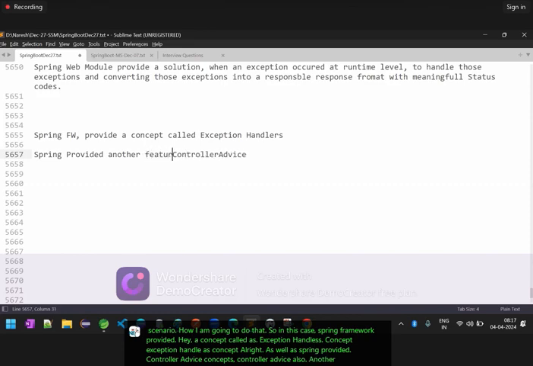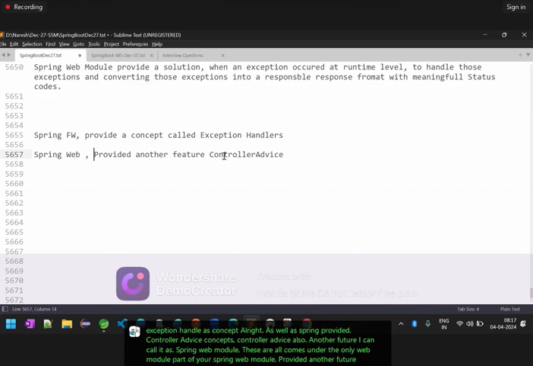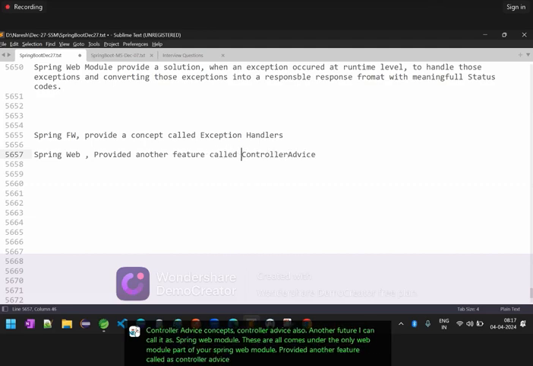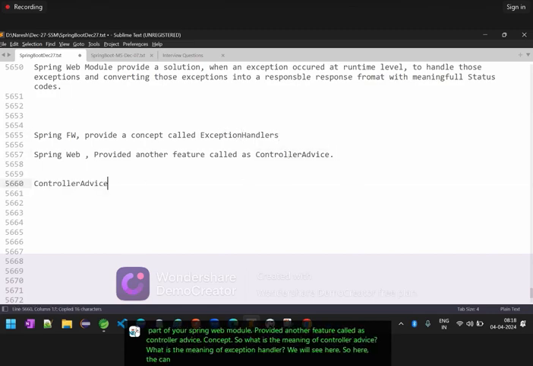Another feature, I can call it, of the Spring Web Module. These all come under the Web Module only. The Spring Web Module provides another feature called the controller advice concept. So what is the meaning of controller advice? What is the meaning of exception handler? We will see here. The controller advice is an annotation